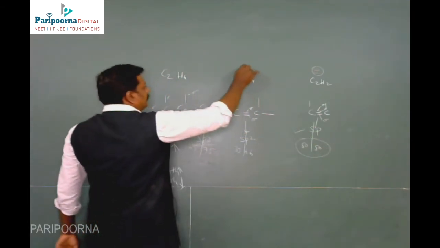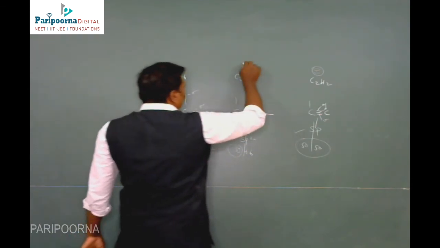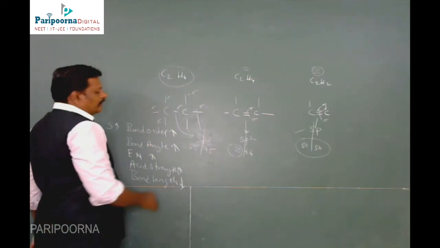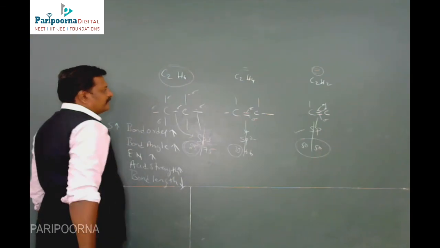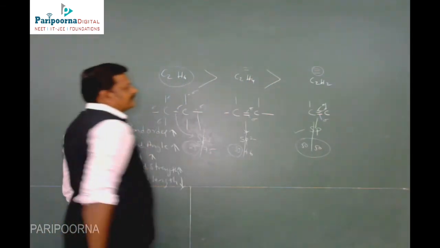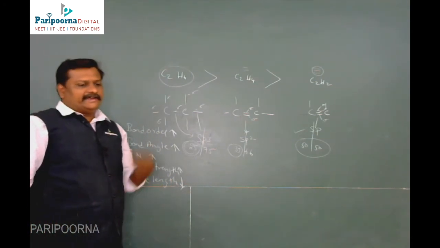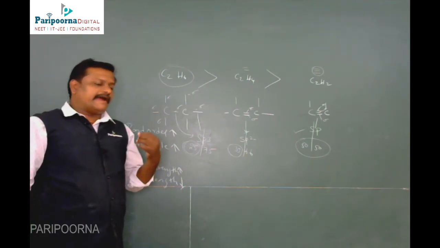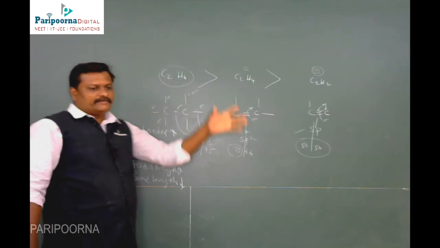Here next one, double bond, s orbital contribution is 33. So this is the next one. This is the molecule with the highest bond length because s orbital contribution is only 25%. So this is the increasing order of the molecules by bond length. Suppose the same question asks for increasing order of bond order or increasing order of bond angle, then you have to reverse it. The answer will be in the reverse manner.